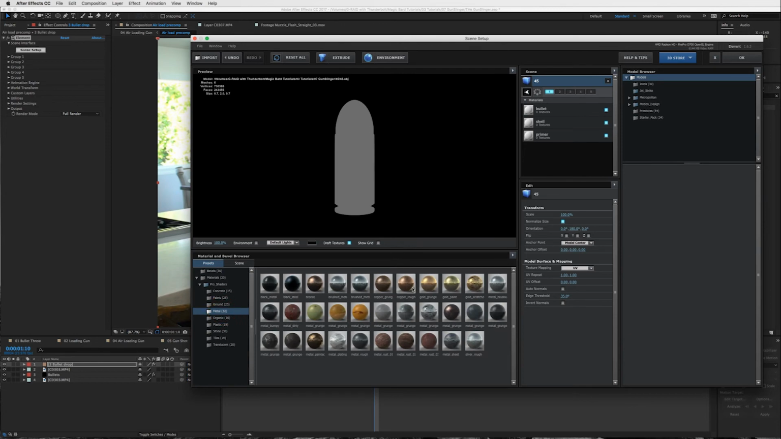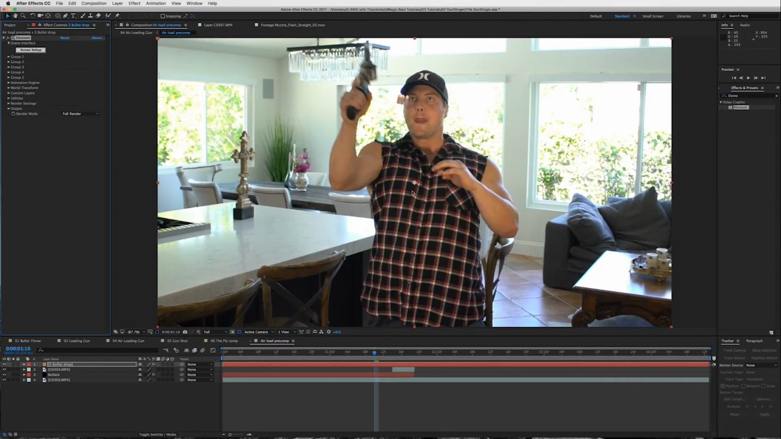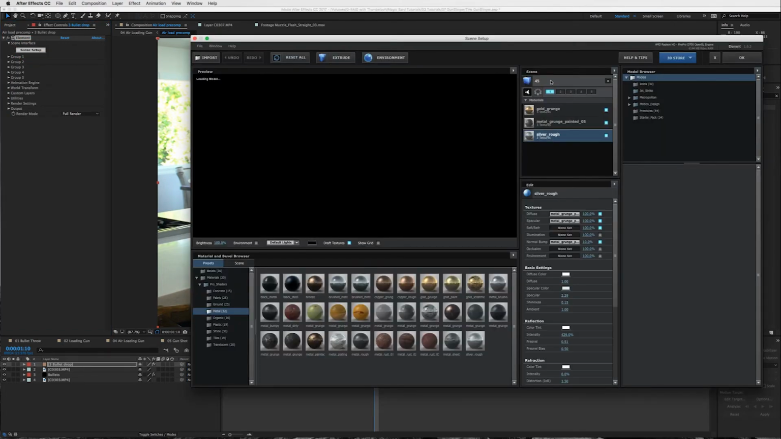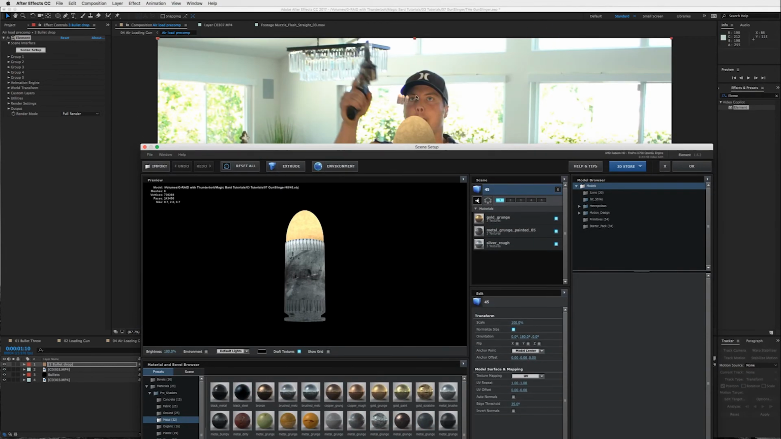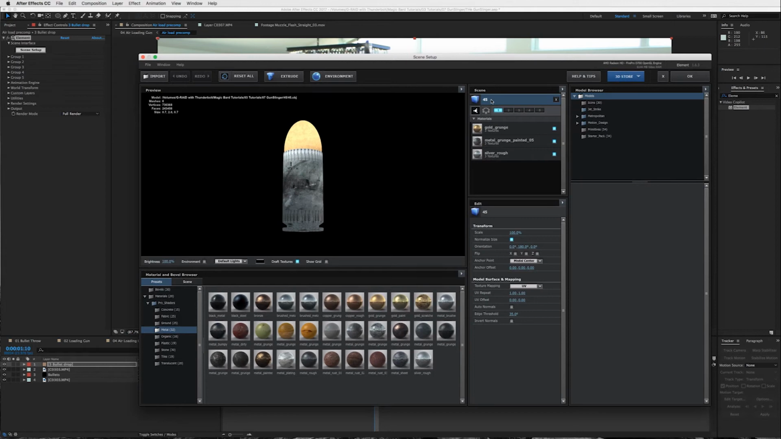We'll go to Metal, add our gold grunge, and we'll make this one a different color just for looks, and then our primer. Okay, so we've got our bullet here. Press OK. And then what you're going, actually I forgot one step. In Scene Setup, you're going to duplicate this because we want 3 bullets, as you see right here. So you're going to right click on the 45, duplicate model,